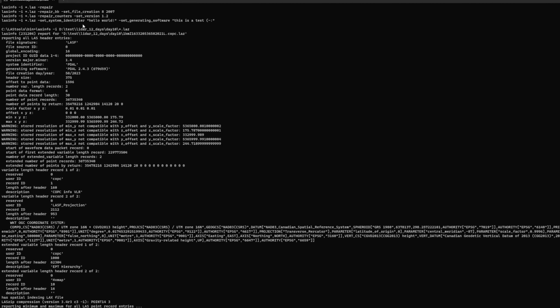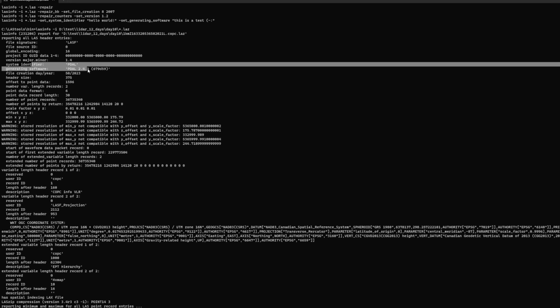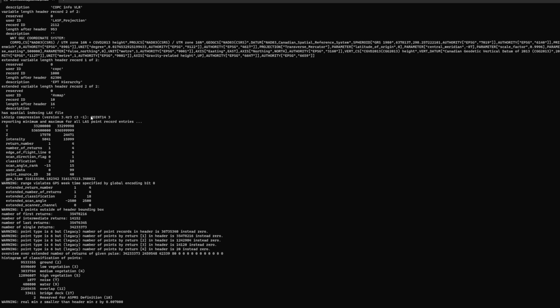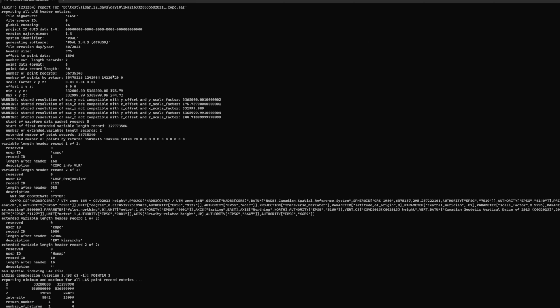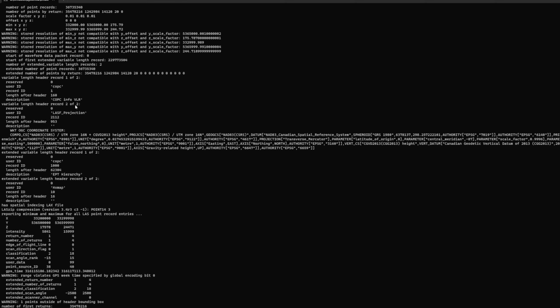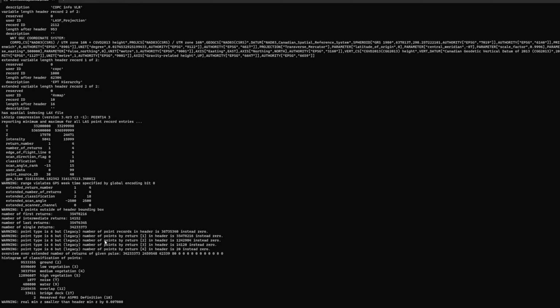But I just pulled up the LASinfo for the same tile of data that we've been working with all along here. So we can see the last software that was used. So we see that the Ministry of Natural Resources is using PDAL to generate those files right now. We can understand the way that everything is arranged, if there's any errors here, what the projection is, the breakdown by all of the classifications. And what's nice with this is you can actually run a LASinfo and merge it for a series of tiles if you'd like. So lots of functionality here.